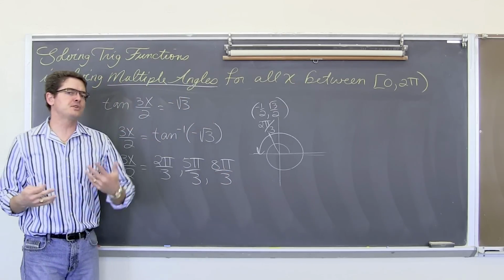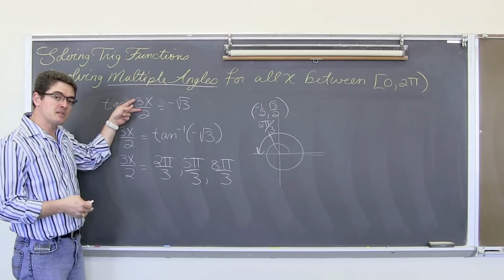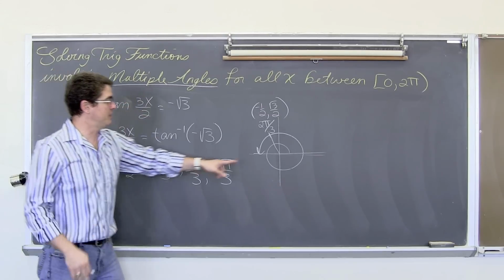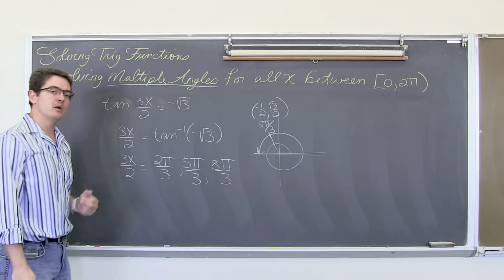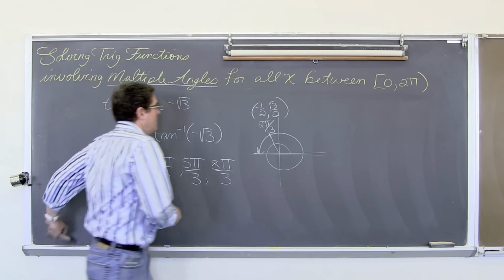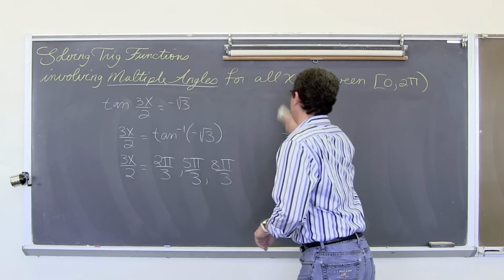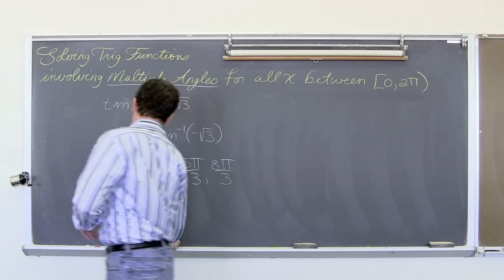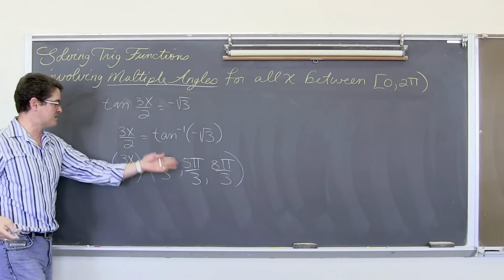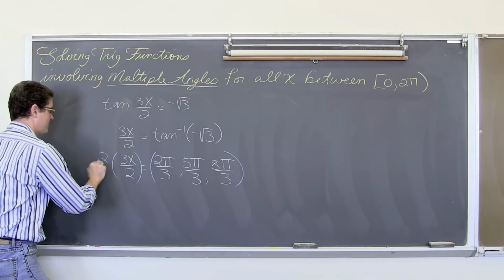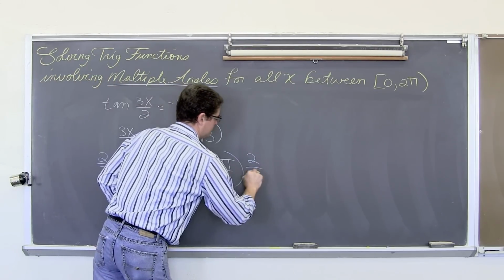And I don't need to go around 2 full rotations again, because my multiple is 3 halves, or 1.5. So we need to go around the unit circle 1.5 times, and these are my 3 possible answers. So our last step is to get that x value alone, which means we're going to need to multiply both sides of this. Well, it's not really an equation, it's just a list of answers, but multiply everything by 2/3.